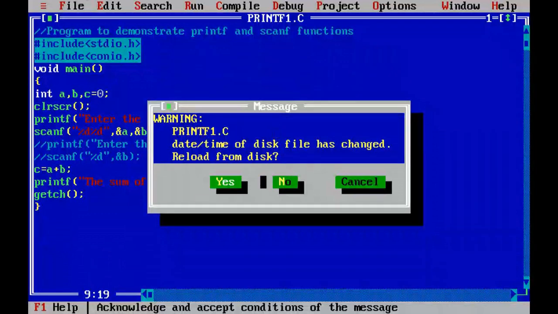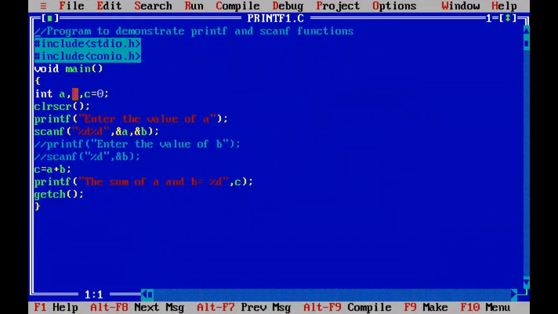So here I showed you the function of scanf and printf. The printf function also takes two arguments. One is the control string, and another is the list of variables. Here the control string is the sum of a and b, and the control string consists of the message and a particular format specifier. So this is the message, and %d is a specifier, and c is the name of the variable whose value I want to print.